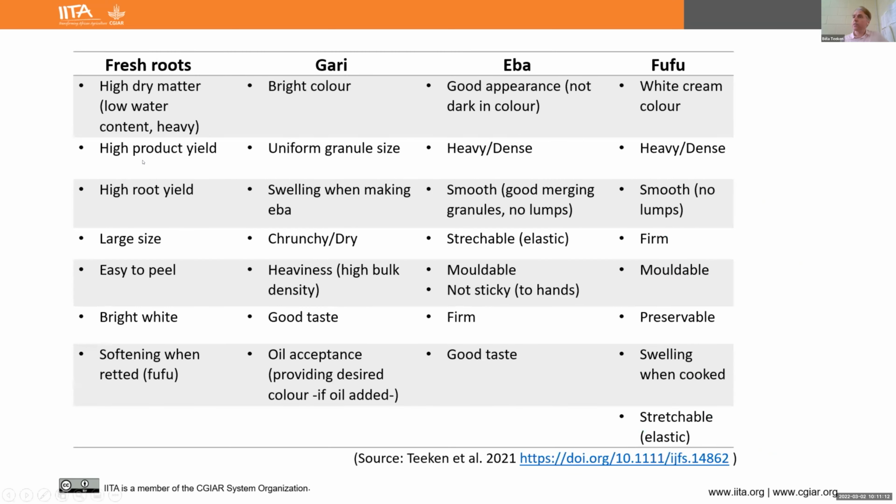And this exercise elicited more specific traits that are important for women processors, like fresh roots. You see the traits for Gari, you see specific traits that are important. Color is very important for Eba. And for Fufu, you see also what we derived from these pairwise comparisons.